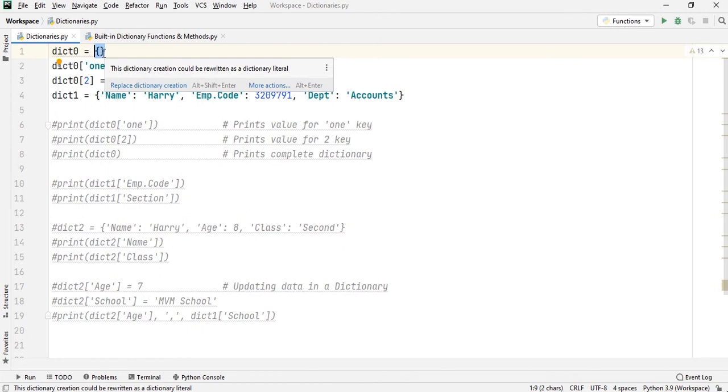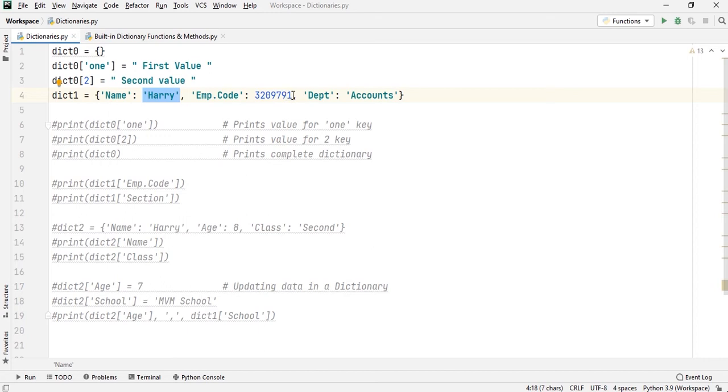Keys are unique within a dictionary while values may not be. What I mean to say is, the values of a dictionary can be of any type, but the keys must be of an immutable data type such as strings, numbers or tuples. As you can see here, this value is a string, this is a number which is an integer value, and this is another string. So the keys in dictionaries must always be of an immutable data type such as strings, numbers, or a tuple. Now let us check certain operations with dictionaries.